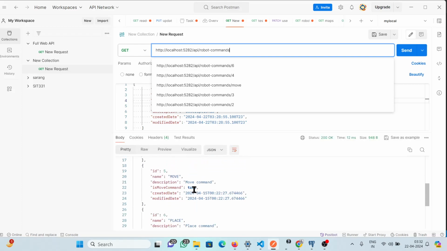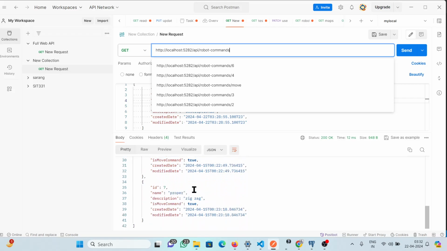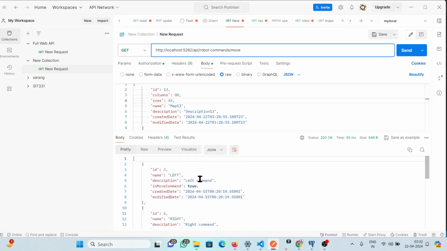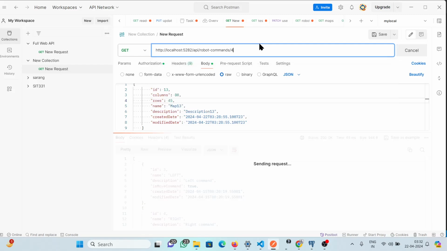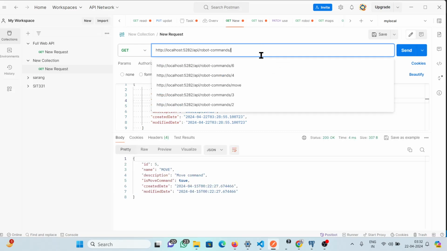Then we can see all the robot commands: 3, 4, left, right, move, place, and whatever. Then I want move commands. I will give the move command. All the move commands are here. After that we will check the ID. We will put a specific ID like 4. Our fourth ID is present here. 5, fifth is present here. Then